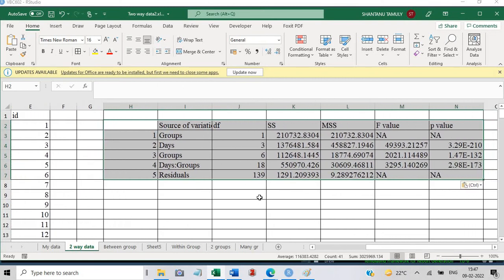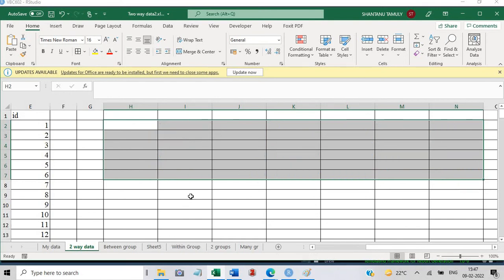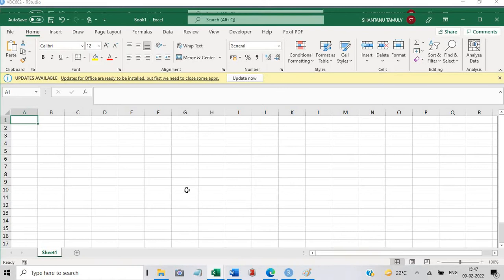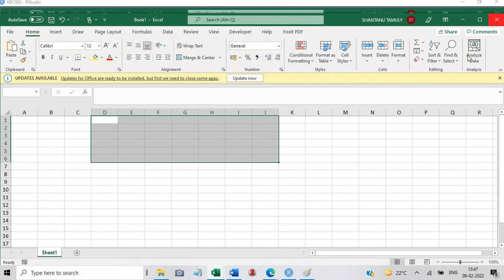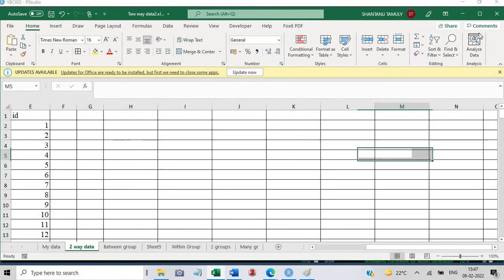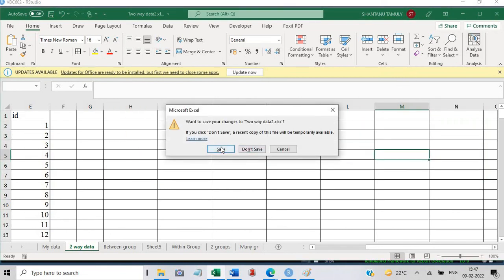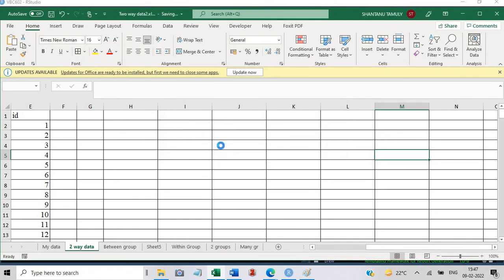One thing I need to tell you: I have already selected the option. Let me show it once again. I'll open a new Excel sheet here. Let me close it and open it once again, then it will be better.